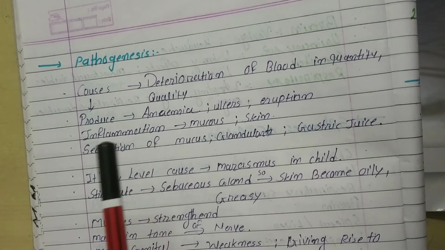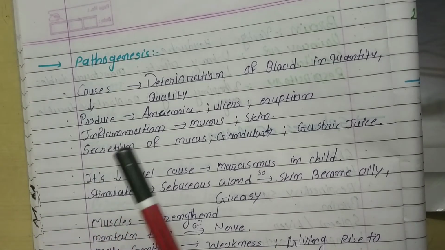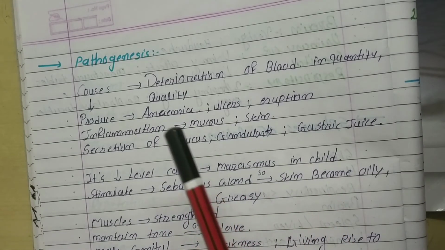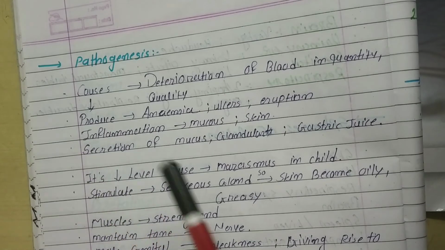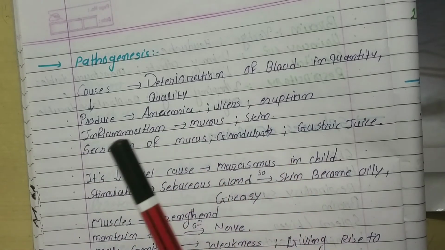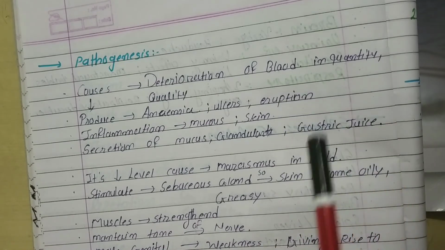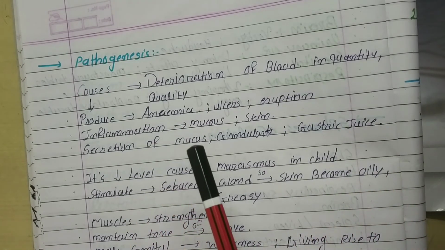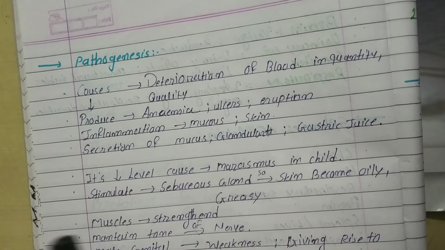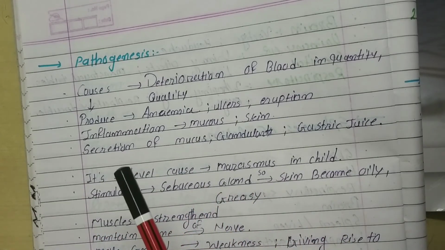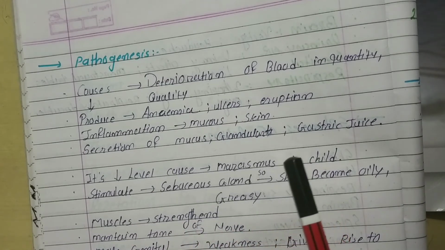The pathogenesis of NATRUM MUR. So there is destruction of blood in quantity as well as in quality, and because of this destruction of blood in quality and quantity, it causes anemia, ulcers, and eruptions. Then it also causes inflammation of the mucous membrane and the skin, and its secretion of mucus, glandular,